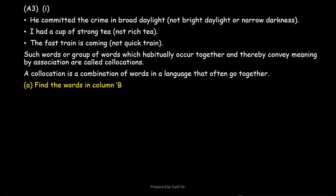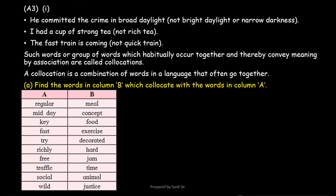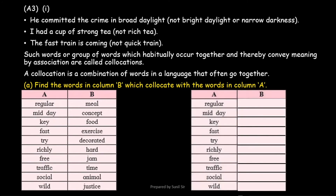Okay, the question is here. Find the words in column B which collocate with the words in column A. So this is the A and B column. Now we have to match column B with column A. First one, regular exercise. Second, midday meal. Third, key concept,